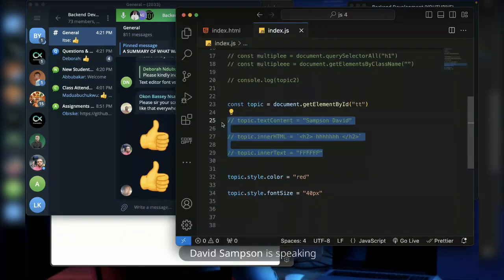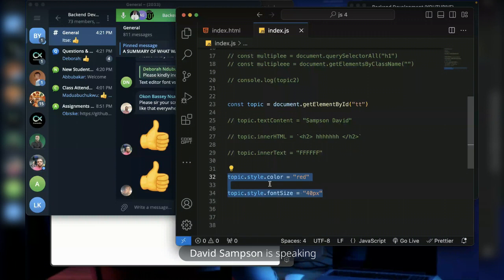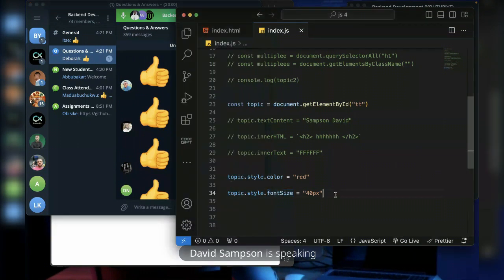So, I was trying to explain that we've seen how to change the text content. We've also seen how to apply styles to it. Like I said, these styles are not just the color and the font size you can add. Any CSS style at all, you can add it. But I don't want to go deeper into adding CSS styles. I want to believe you know how to add a little CSS.